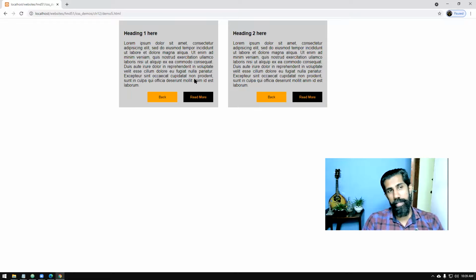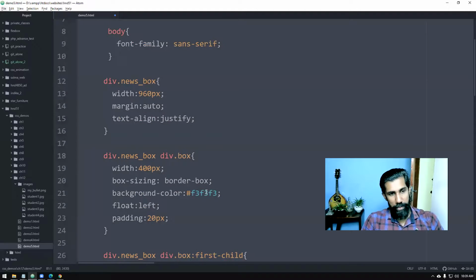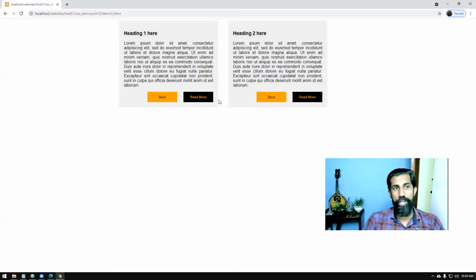So it's taking that effect, how it should come, right? So you'd have seen these things in real websites, how to make sure. It's pretty simple to do, okay?